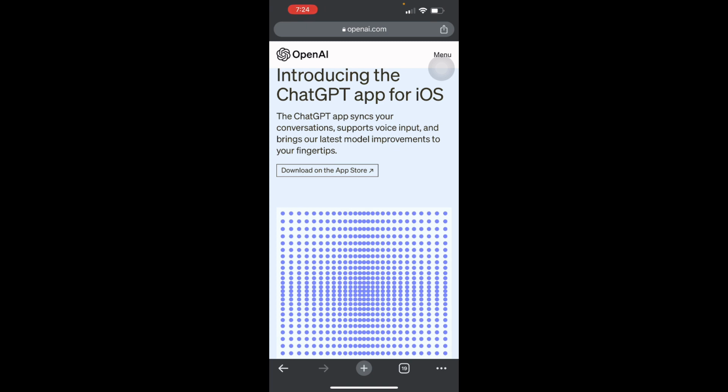Today I'll be teaching you how to use ChatGPT for iOS, and I'll give you a full overview of how to use it. As you can see here, I'm already on the OpenAI website. Here we can see that you can also download it directly by going to the App Store, since there are a lot of third-party applications which just mimic ChatGPT's functions and they're not really ChatGPT, or perhaps they're using OpenAI's API to mimic ChatGPT. So here we can press on the download on the App Store button,